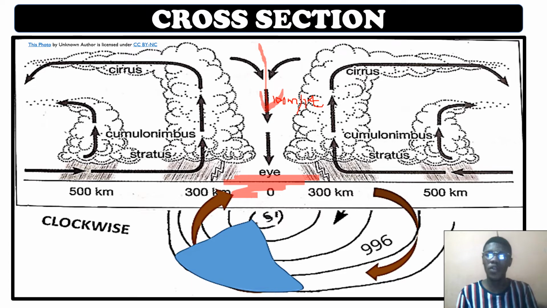They are stable because there's no water vapor of some sort. The air there is dry. That's what we mean. So when we are experiencing the eye, that's what we mean, and this is how your cross section will look. And in the exam again, they will always ask you about the dangerous semicircle, and we say that the dangerous semicircle is just a